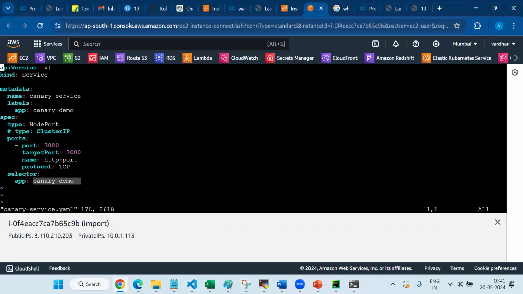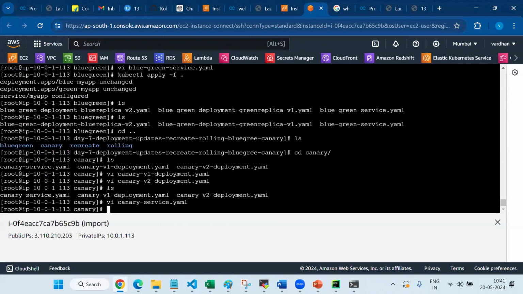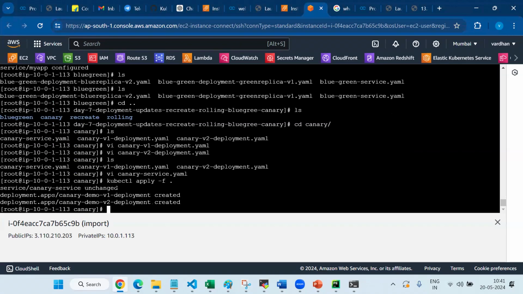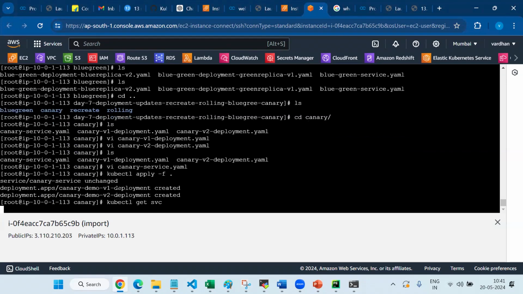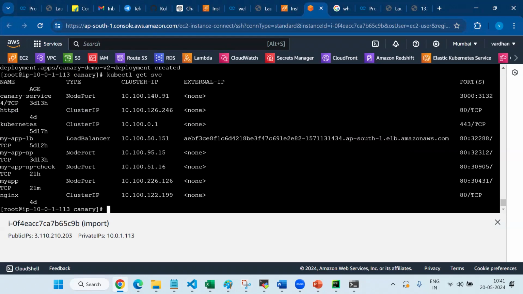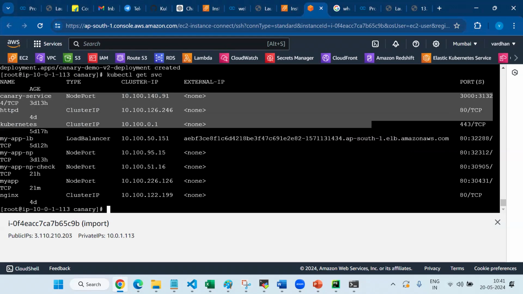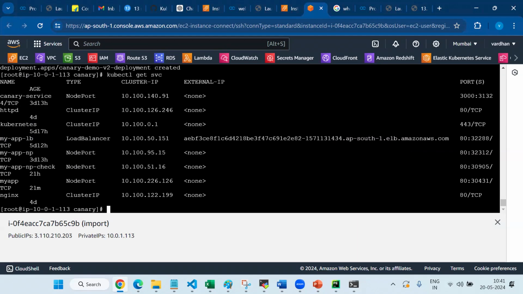So here, for example, if I deploy now, kubectl apply -f, then kubectl get svc. So the service is created. My service is the canary service. Okay, canary service, 31324, port is updated here. If I access 31324,